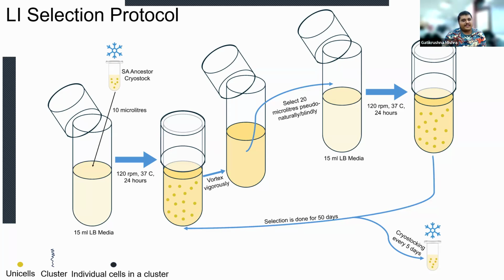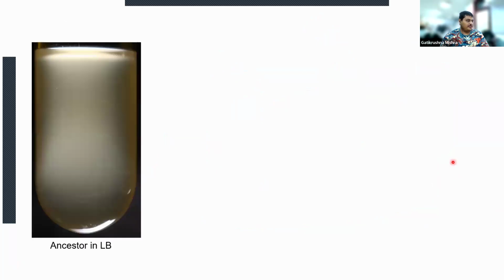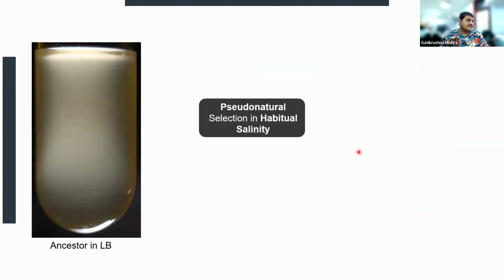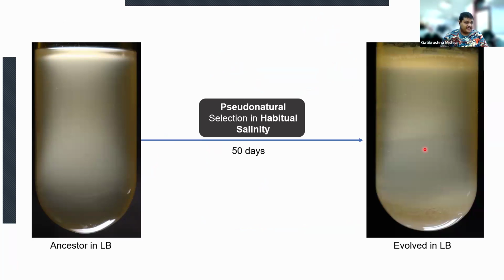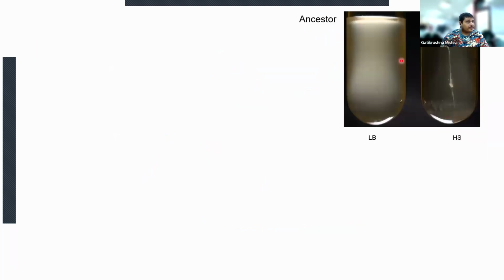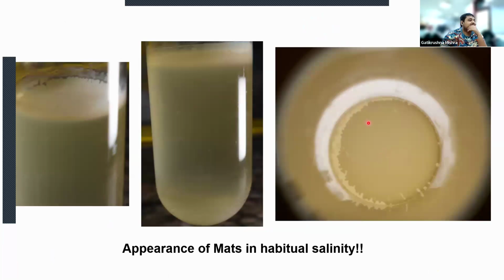Okay, let's assume that you're also thinking it should remain unicellular, but to our surprise, the ancestor, after pseudo-natural selection and habitual salinity for 50 days, could form mats. So mats, liquid air interface mats in Staphylococcus aureus has almost never been reported, especially when they're grown in a shaken environment at 120 rpm. But the selection in habitual salinity for 50 days could lead to the evolution of a liquid air interface biofilm